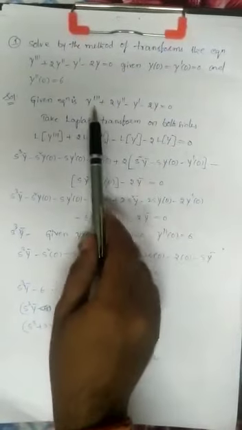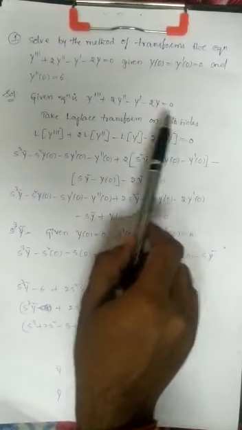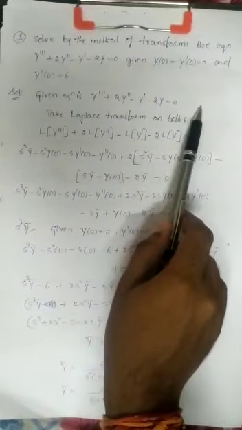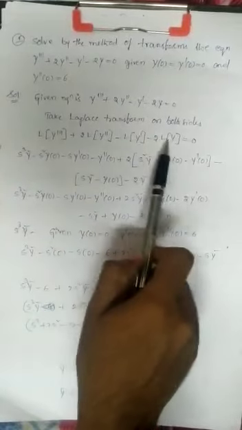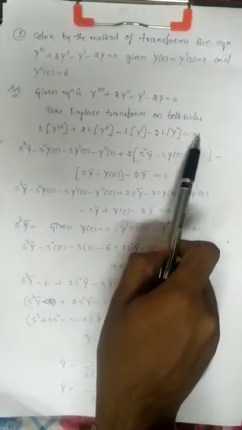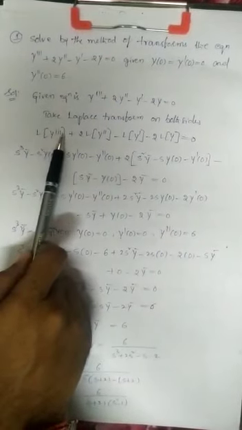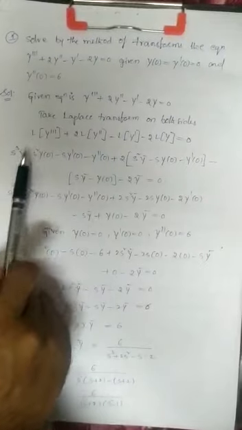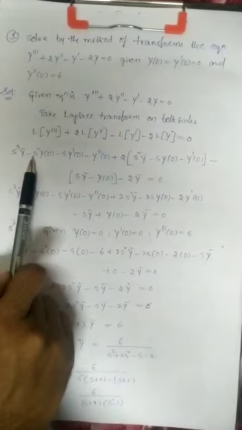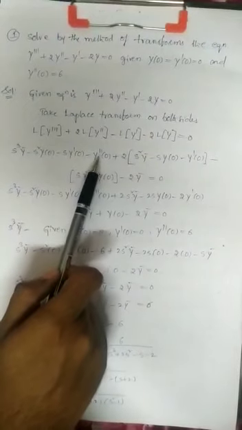So what is the transformation method? First we write the given differential equation. What is the first step? We apply Laplace transformation on both sides. Let us apply it to each and every term. Laplace of 0 is 0 only, so write just 0. Then we have Laplace of y triple dash, by using note 4: s cube y bar minus s square y of 0 minus s into y dash of 0 minus y double dash of 0.